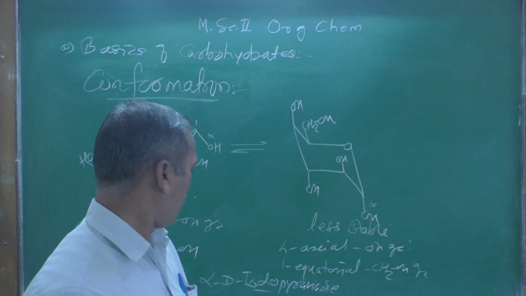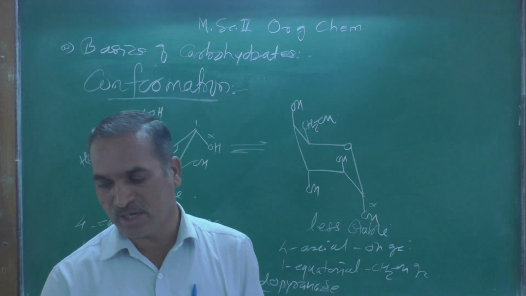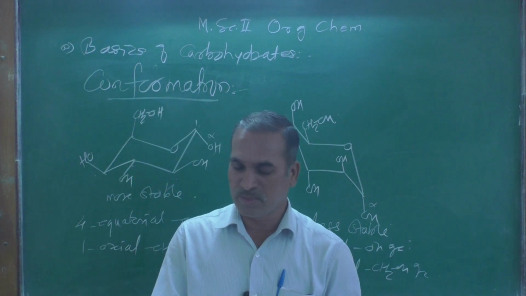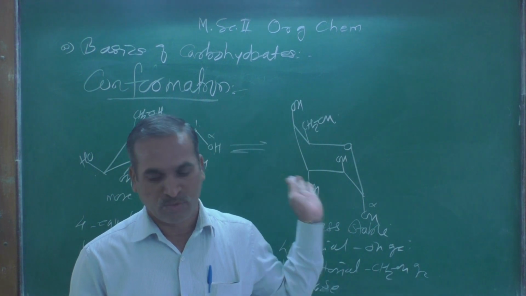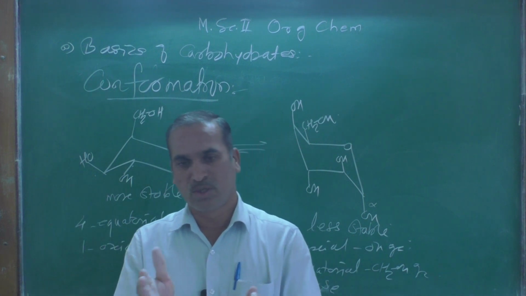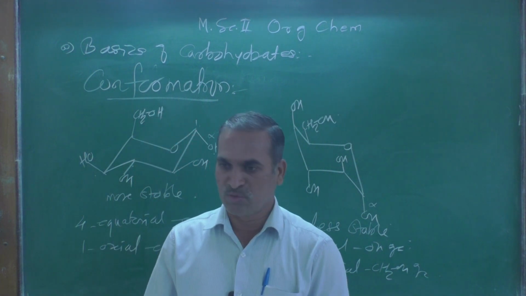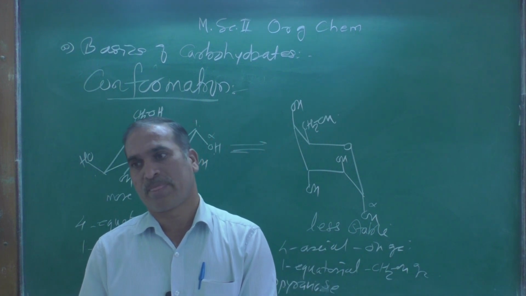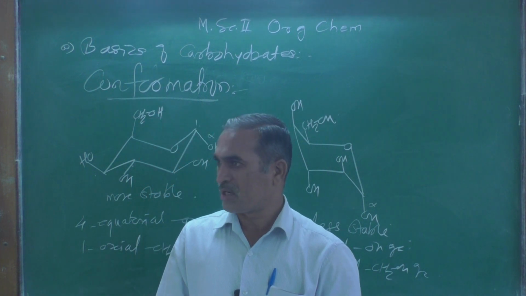This is about the alpha D idopyranose, and in the next lecture we are going to study a very important concept. Remain there, that is the anomeric effect. What do you mean by the anomeric effect? Whatever example we have seen, why one conformation is more stable over the other conformation, the reason we also mentioned over there. There is a presence of 1,3 diaxial interactions, and please remember over here